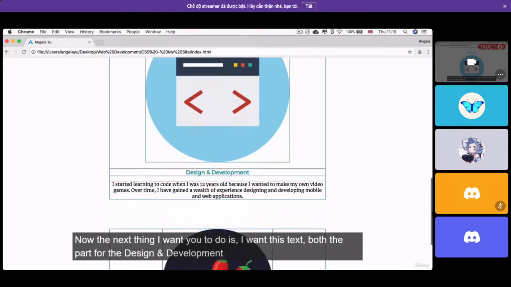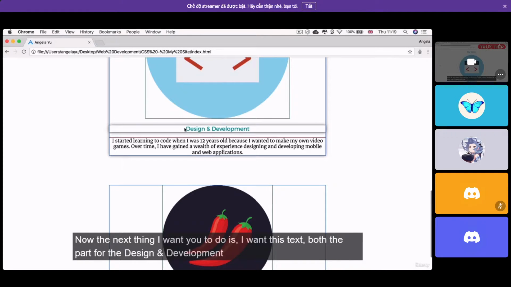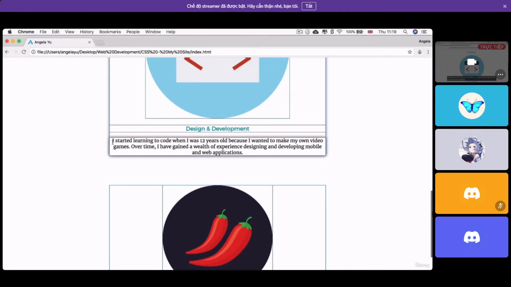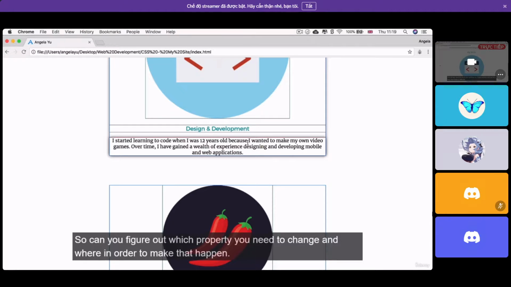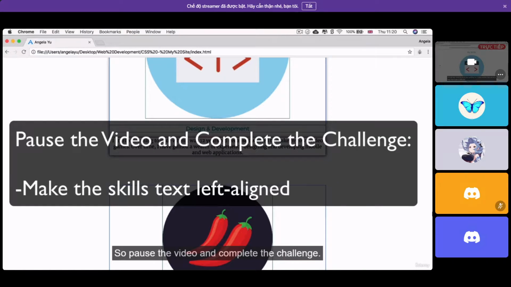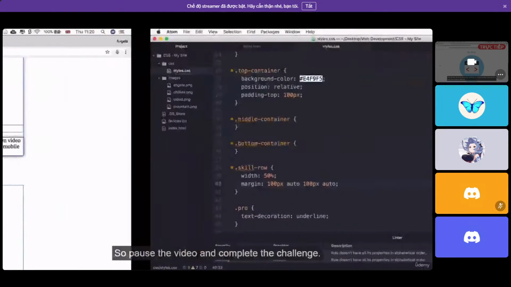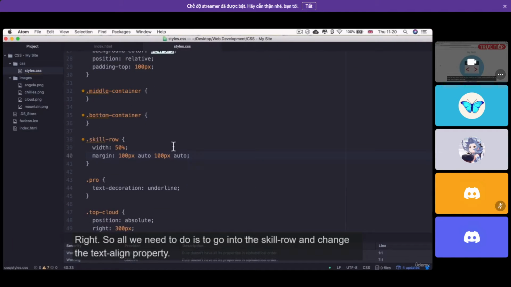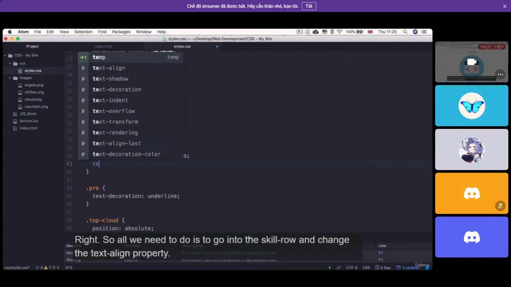Now, the next thing that I want you to do is I want this text, both the part for the design and development, as well as the description text, to be left aligned. So can you figure out which property you need to change and where in order to make that happen? So pause the video and complete the challenge. All right, so all we need to do is to go into the skill row and change the text align